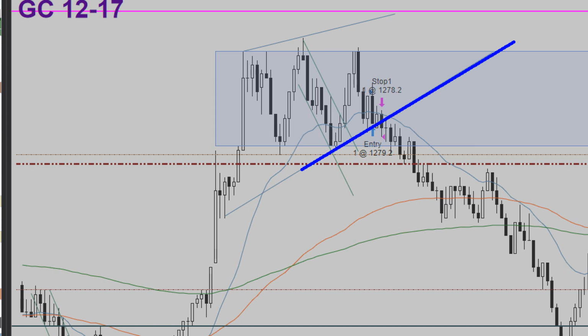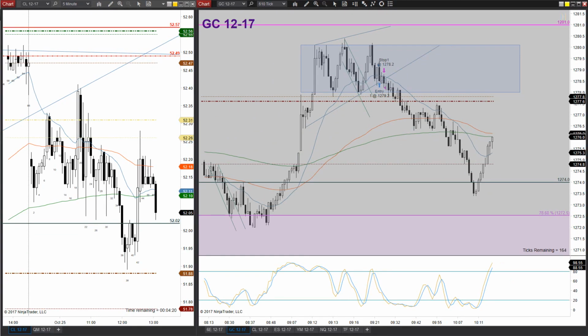So, learning from this type of mistake, what are some things that we did good? Well, we kept risk small, right? Risk was very, very small. We ended up taking a 10-tick stop. A 10-tick stop on gold, that's not really much to worry about at all. And keeping that stop small is what allows you to go into other markets and make that back, right? It's so much easier to make a small loss back and end the day in the green rather than making a big loss and then giving everything up at the end of the day